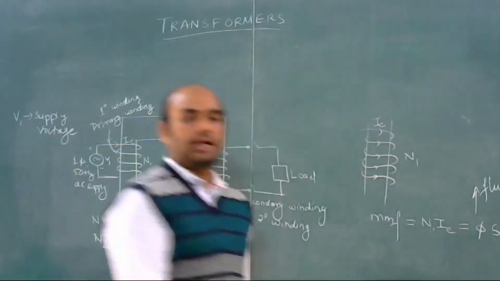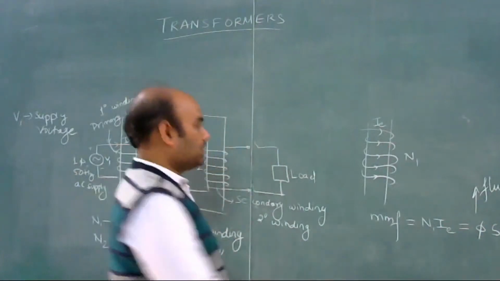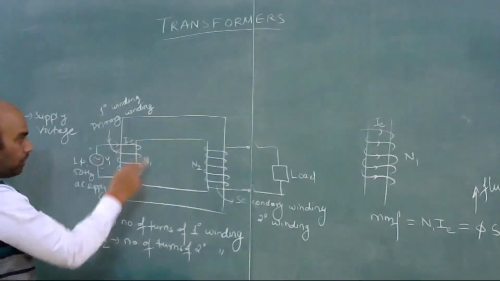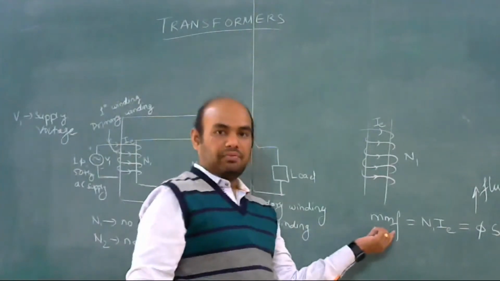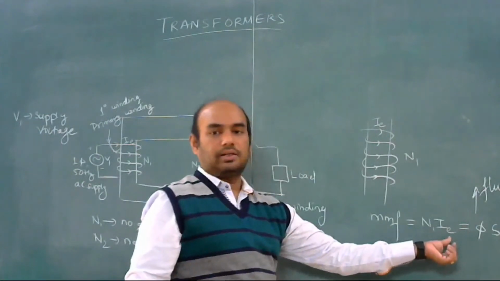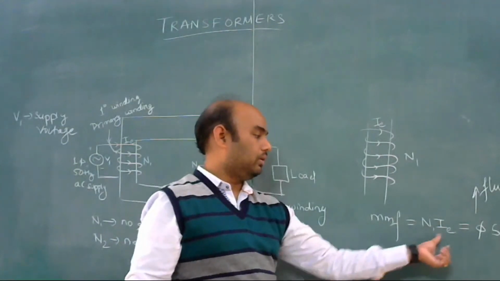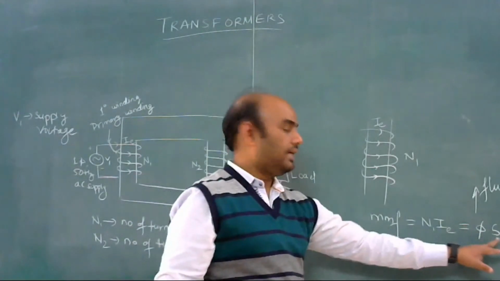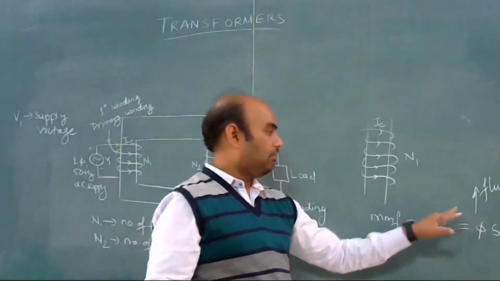and S is the reluctance offered to this flux. This will produce flux whenever current I flows in N number of turns. So it develops MMF, MMF is equal to N into IE, so it fulfills both the requirements, N1 and IE, and this will give phi into S, flux phi into S, and the direction of the flux